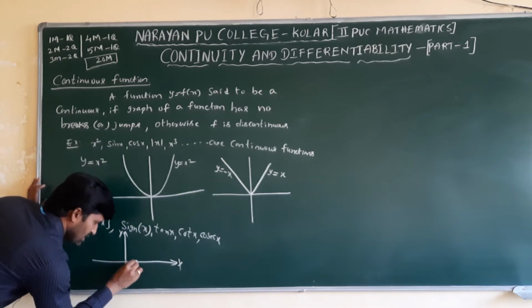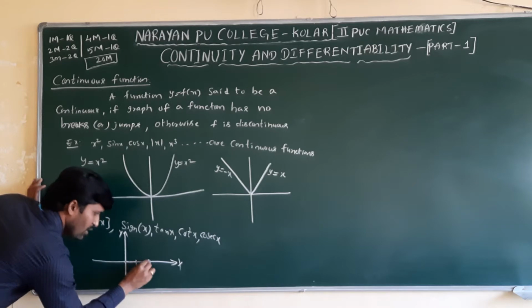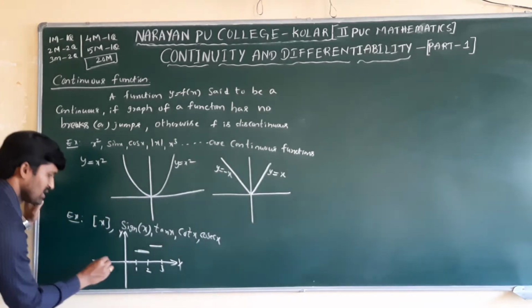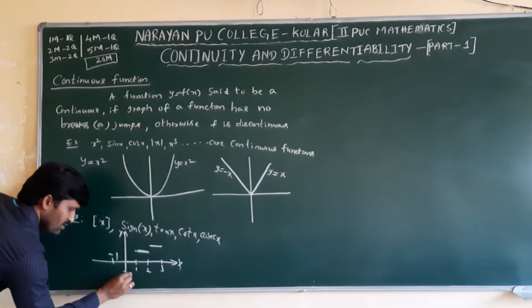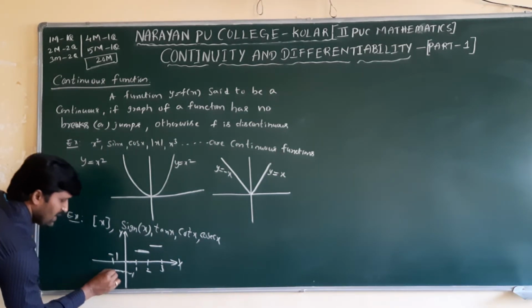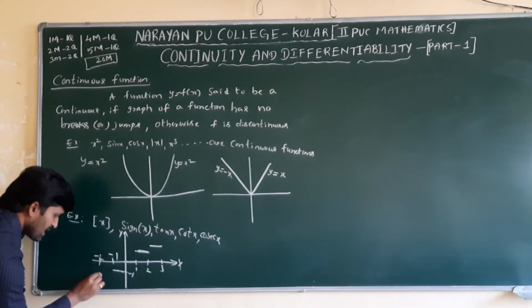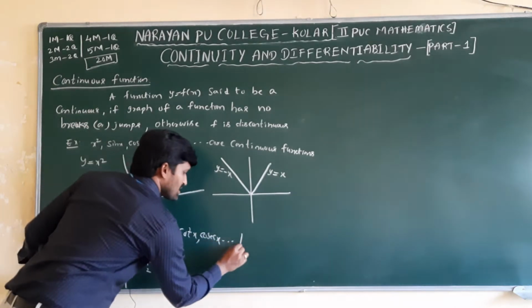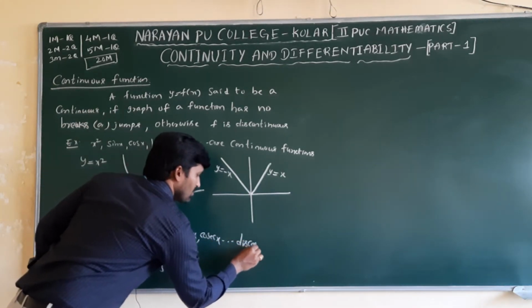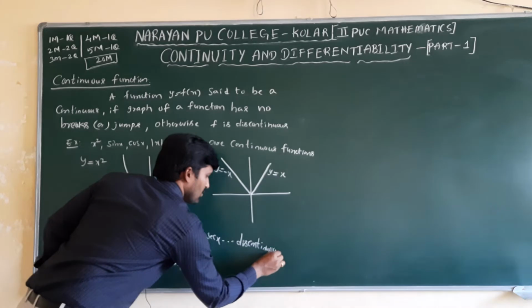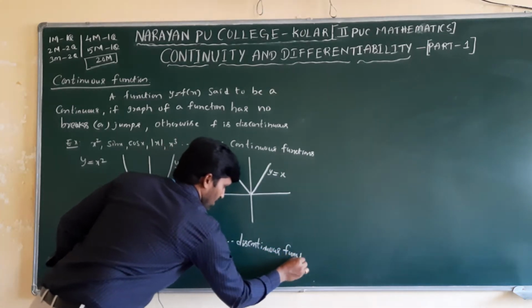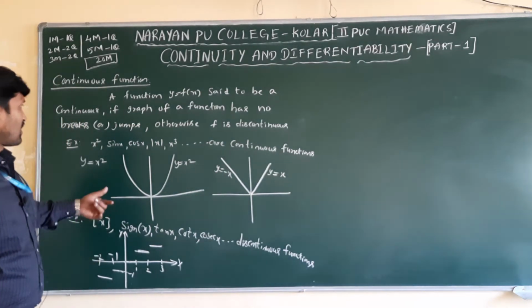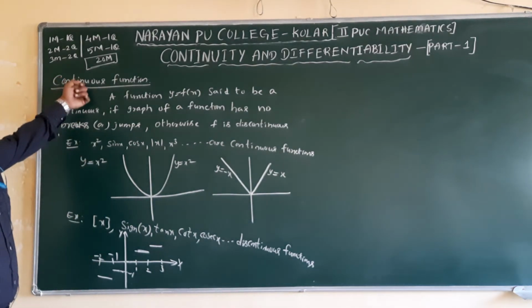Now 0 to 1 you will get 0, here will come, 1 to 2 here will come, breaks, 2 to 3 here will come. Similarly minus 1 to 0, you will get minus 1. See, everywhere we are drawing the graph, it has breaks. So this is called a discontinuous function. So in the graph of a function, no breaks means such graphs of functions we call continuous.